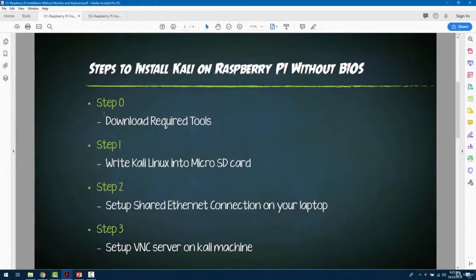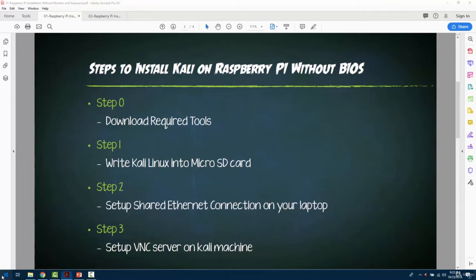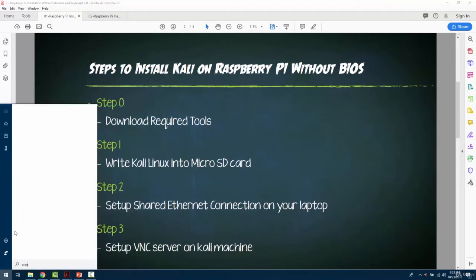So step 0, which is to download the required tools, is done. We have also written Kali Linux onto our micro SD card. The second step now is to set up a shared Ethernet connection on our laptop. For doing that, we have to open Control Panel,